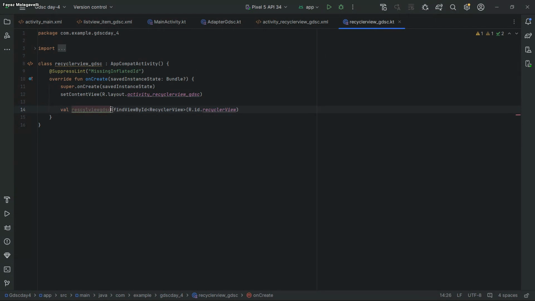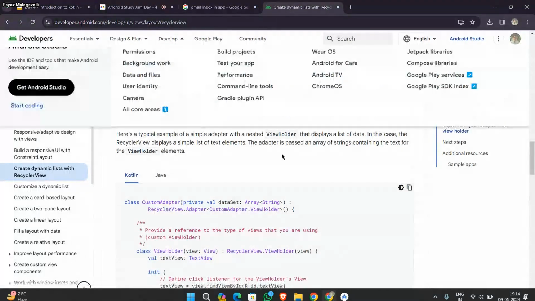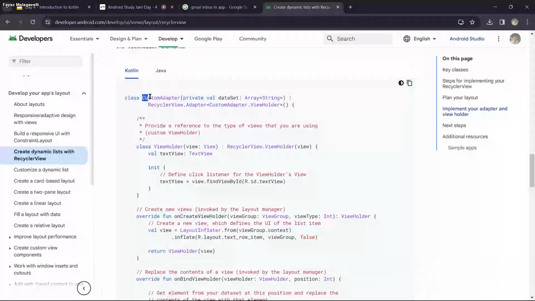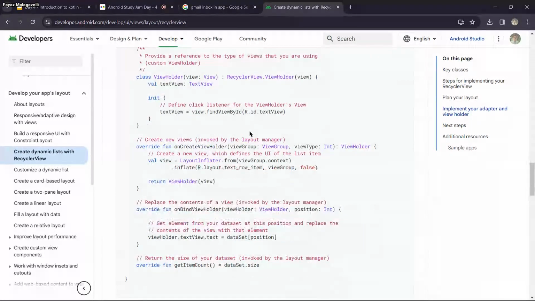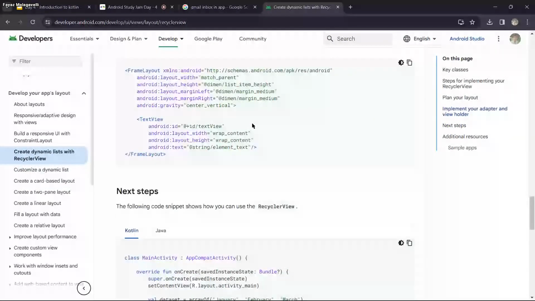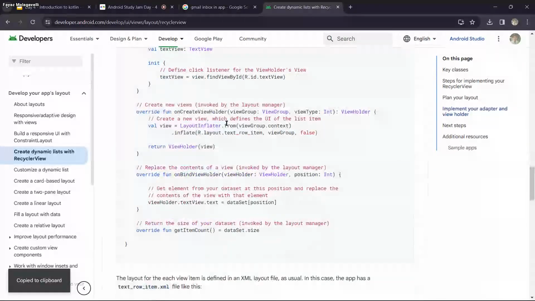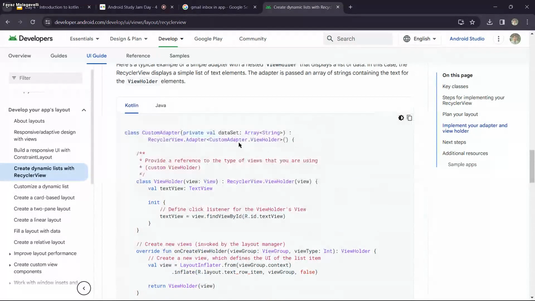So what data are we going to store in this recycler view? I'm not going to write it on my own. I will copy and paste everything so that you can get how we can do it. First and foremost, we are going to use a custom adapter here also. I will explain this code after running our app. You may know why I have used it in list view,